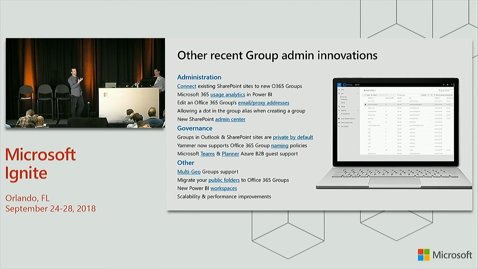Similar to the slides that Mike was showing earlier, here's all the app innovation we did with groups. Again, on the platform and on the IT side, I've given you a couple slides, but there's a lot of other things we've been doing in the past year based on your feedback. For instance, in the first section, I'll call out one that has been a top support issue. I created a group called Christophe Directs, and that was great when I was managing Christophe's directs. But how about if Christophe moves on and Mike takes over my team?